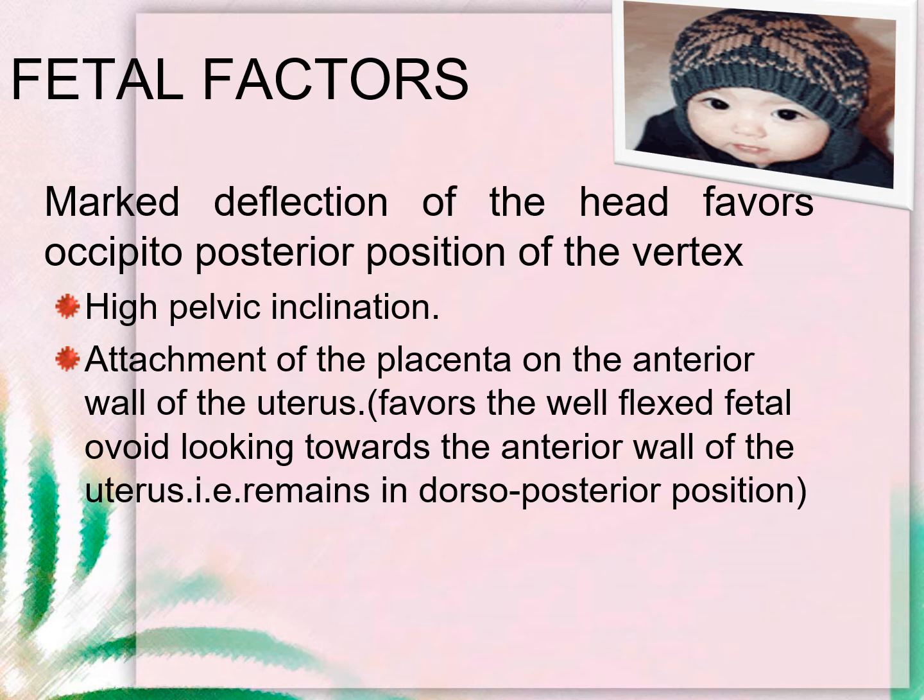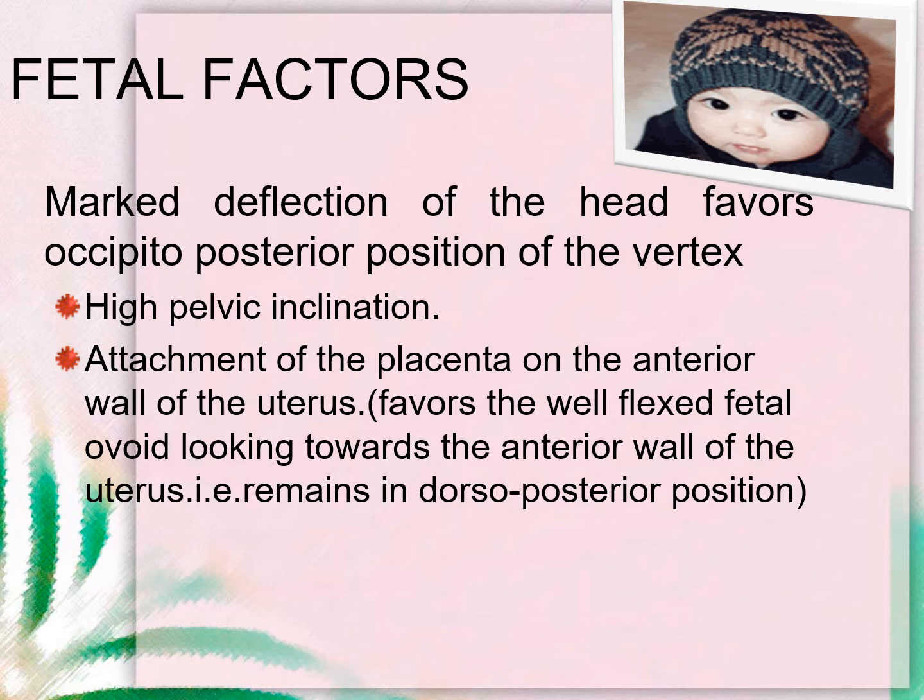Next is high pelvic inclination. High pelvic inclination means, if you are looking into the normal pelvis, we can see that the posterior portion has more length and the anterior portion is only 4 cm in length. That is, symphysis pubis is approximately 4 cm. Because of that height difference, the plane of the pelvis is slightly inclined. And if sacralization of the fifth lumbar vertebra is there, that is, if the fifth lumbar vertebra is also getting joined with the sacrum, naturally what will happen? Height of the sacrum will increase.